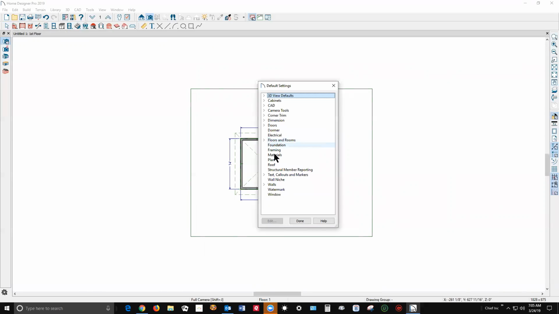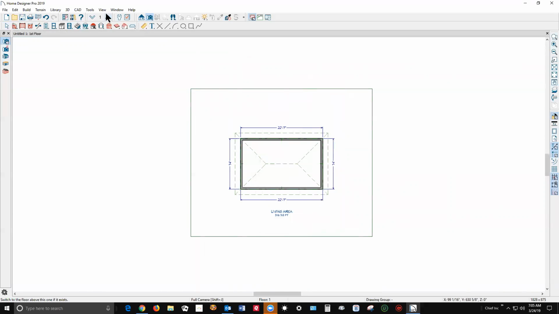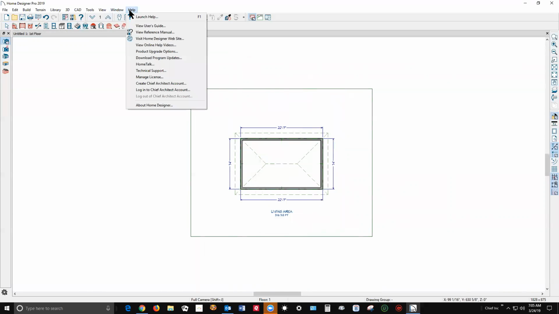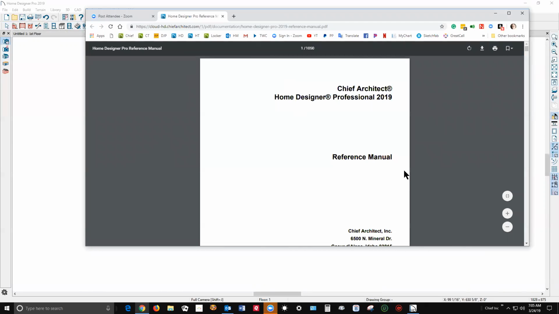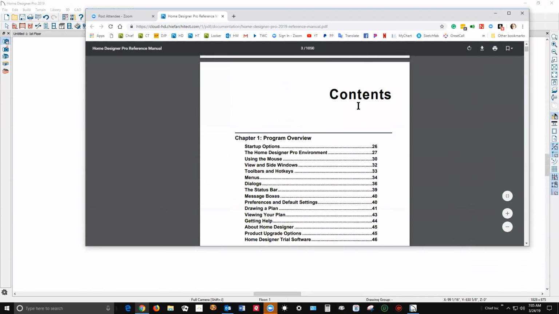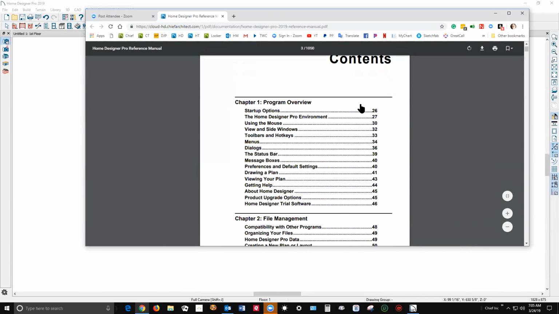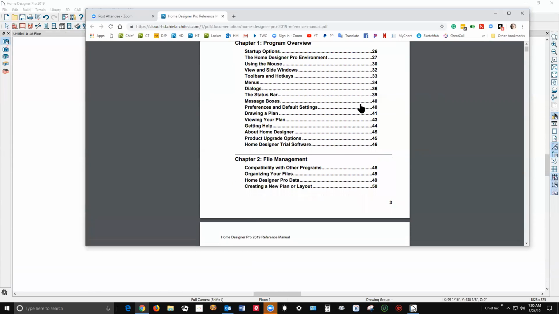And then find out. You can also go over here into the help menu and view reference manual, and it'll open the reference manual, which is searchable. You can download it, and it's easier to search once it's on your hard drive. And you can find out everything about the program, everything that it does, where the settings are, what they do,